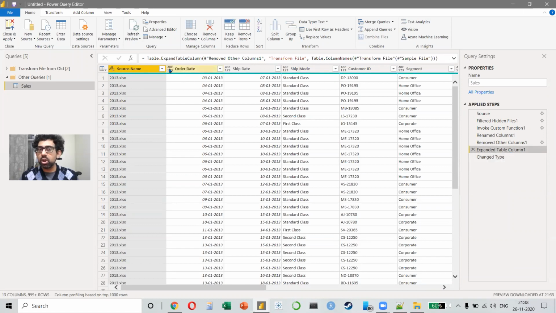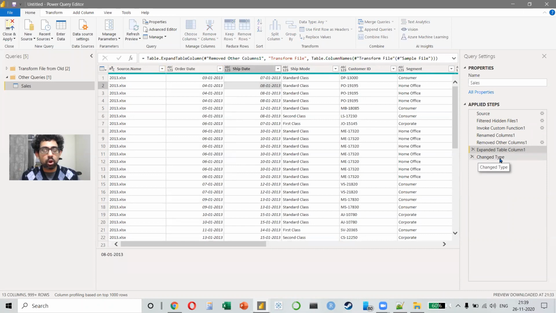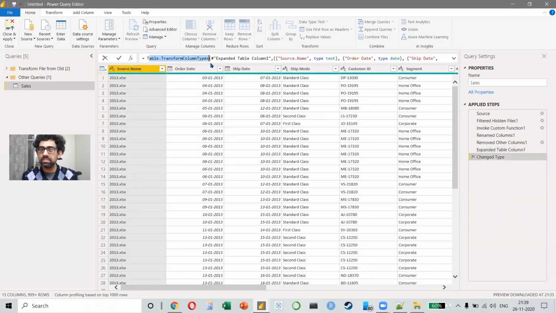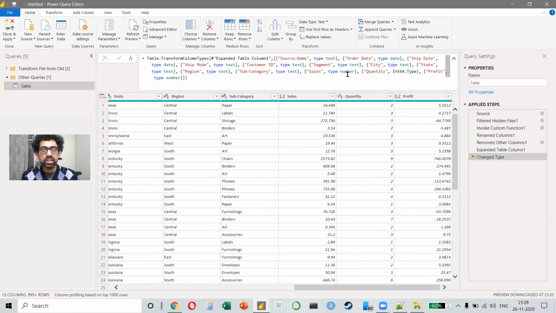So notice carefully, order date should be a date, but it says ABC123. It doesn't know is it a date or not. But very smartly, Power Query can do an automatic detection, which is Table.TransformColumnTypes. And what is it doing here? If you notice, it is just converting Source.Name into text, order date into date, shipping mode into text. Then we have sales, which is a number, quantity is an integer, profit is a number, okay, like this. What is the difference between a number and an Int64? A number is a decimal number and a whole number is an Int64. All of these are automatic steps. So you don't actually have to bother with it.